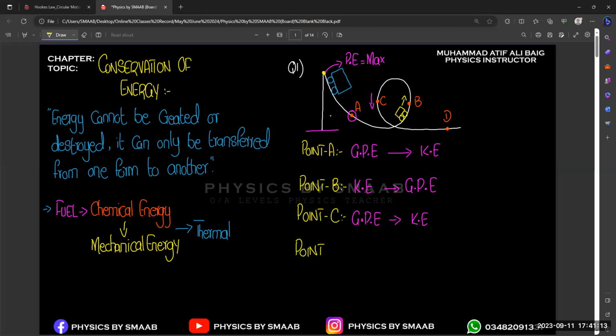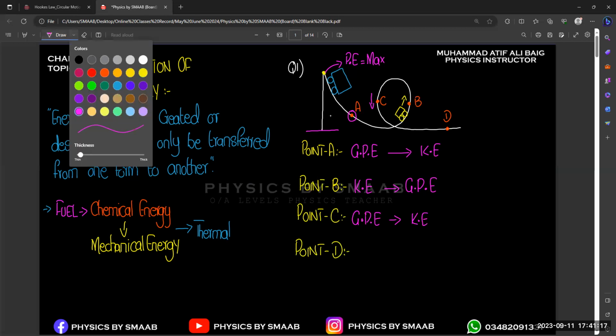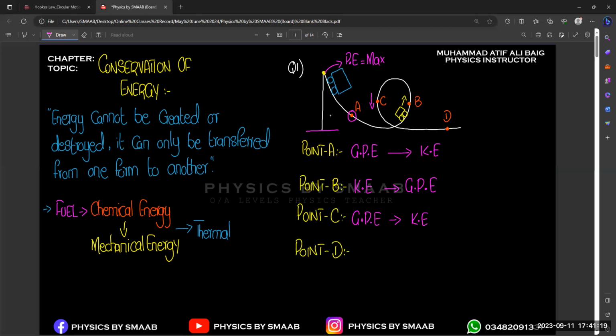And finally, what happens at point D? Any idea? Could you repeat the question? Point D is very far away from the circular track. So when the car takes the turn from point C and then starts to move in the direction of D,